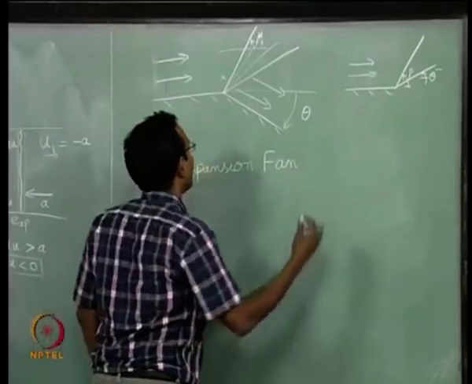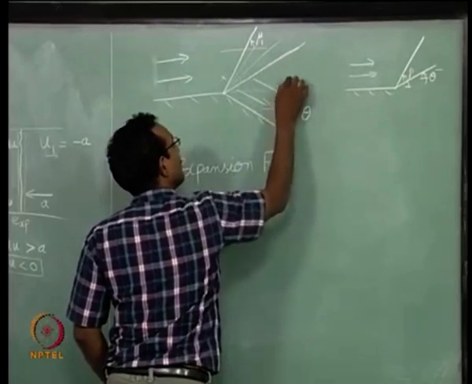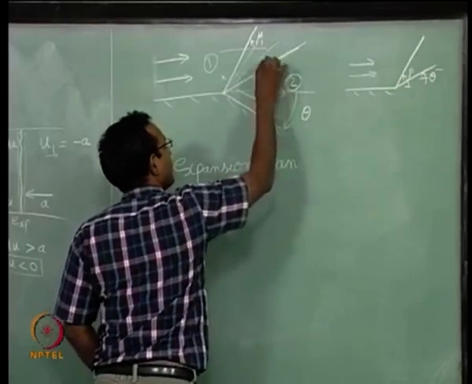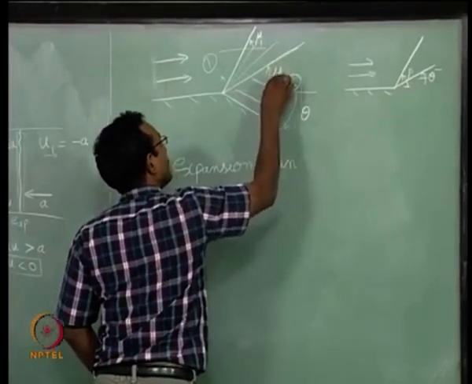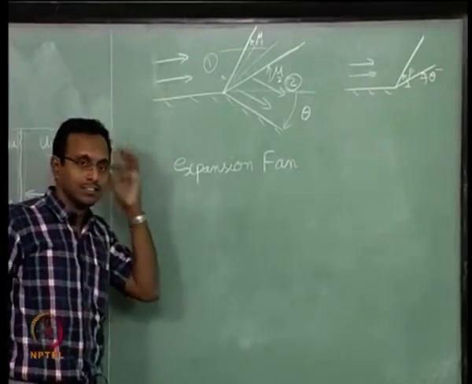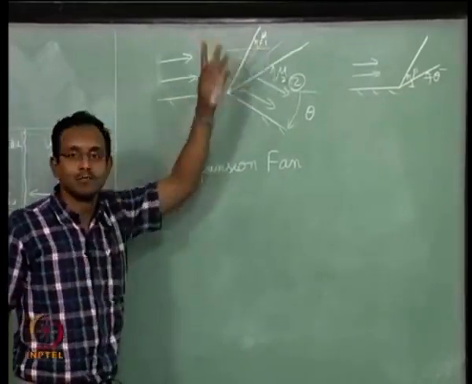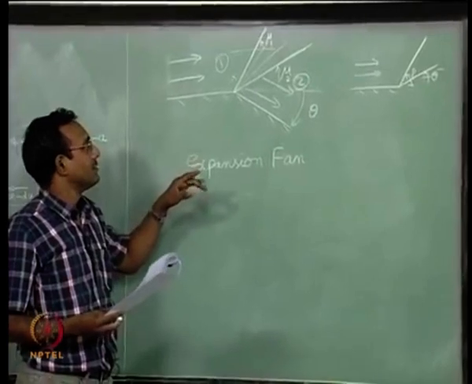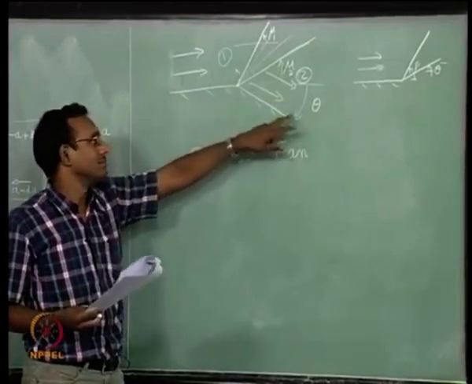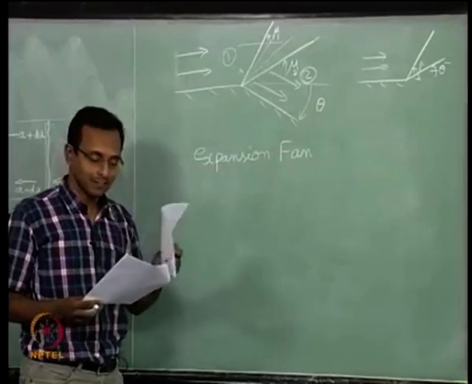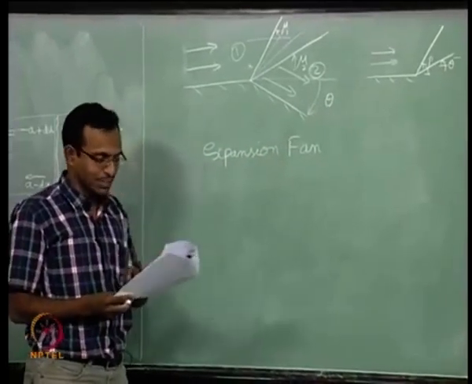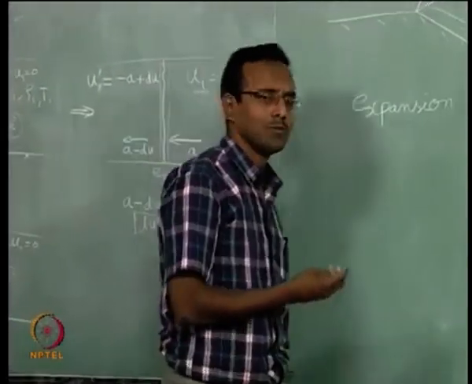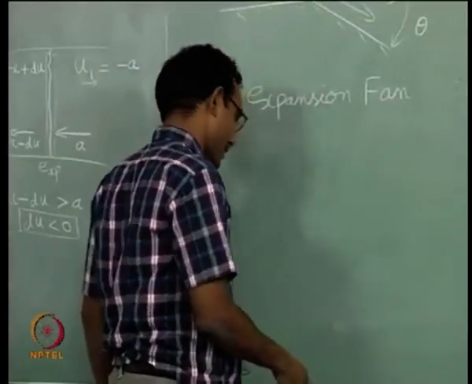And by similar arguments, I can tell that the last wave, if I call this region 2 and this region 1, will have, with respect to the streamline, this angle mu2. And this is a very important point: it is with respect to the streamline always mu. We will try to find expressions for the final angle and final Mach number with respect to theta. We will start with that derivation next class, and we will probably go into explaining more things after that. That will probably be one more class of the expansion fan, then we will move on to more practical flows.